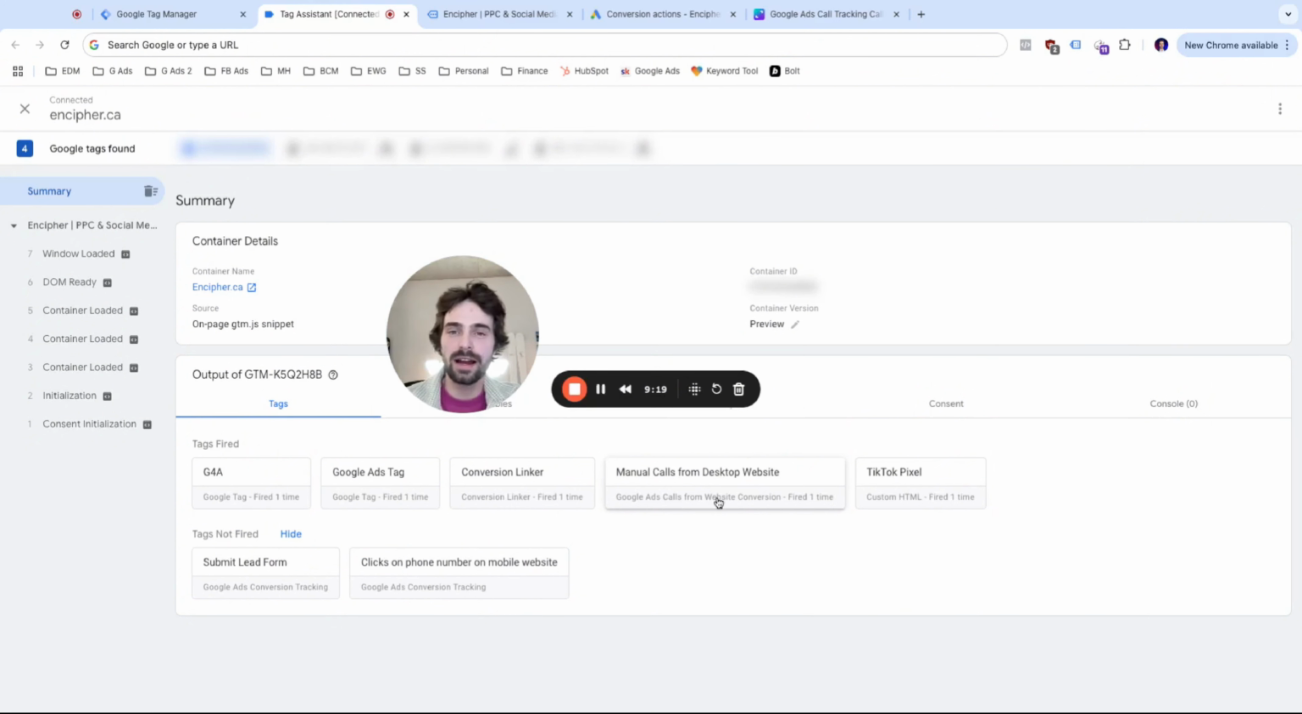You should see this fire immediately because the tag is set to fire on all pages. Okay, so the tag is firing correctly now. We can confirm that. And now what we're going to do is test if the number is actually swapping dynamically